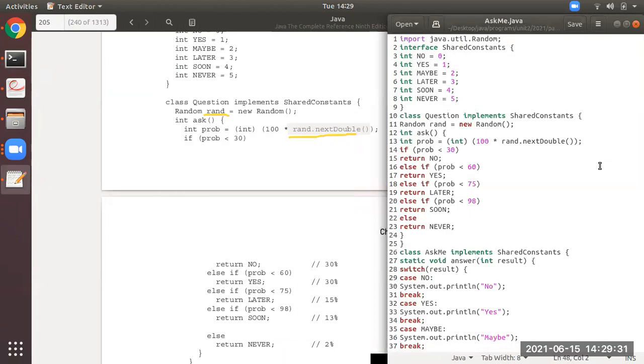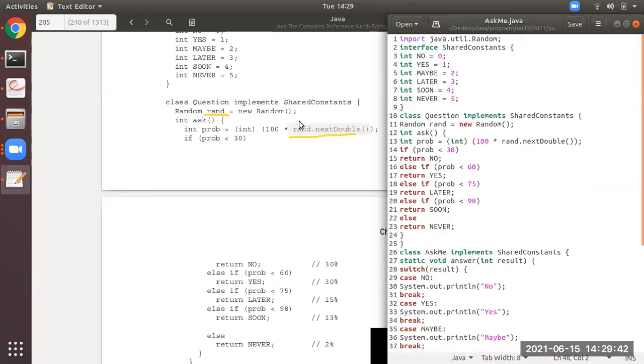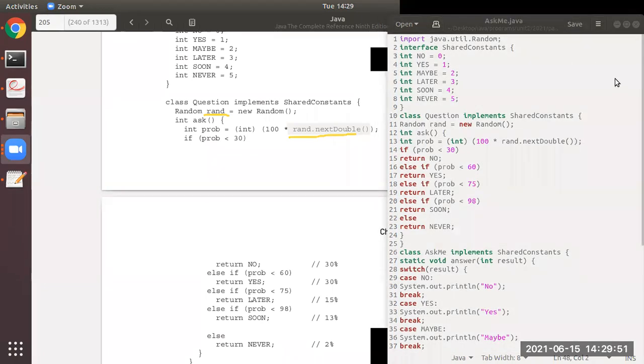Okay, students. Now you all please observe what I'm trying to explain. Just take for example any number, this random dot next double is going to return, let us say, 55. Okay, let us say some number, 55, some number.